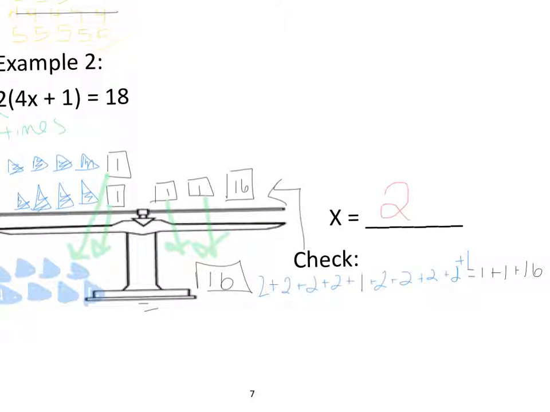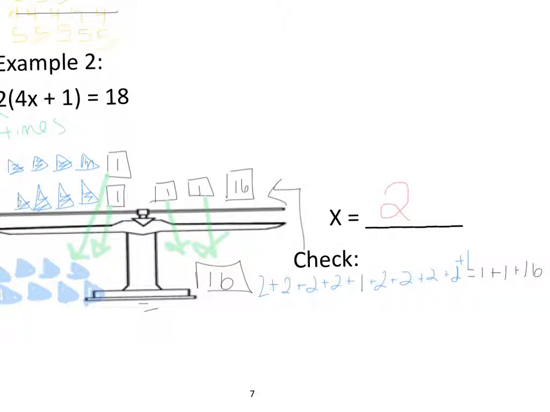Plus 2. Okay, 2 plus 2 is 4. Let's try this again. That's why we check our answers, because it wasn't working out for me. 2 plus 2 is 4, plus 2 is 6, plus 2 is 8, plus 1 is 9. Plus 2 is 11, plus 2 is 13, plus 2 is 15, plus 2 is 17, plus 1 is 18